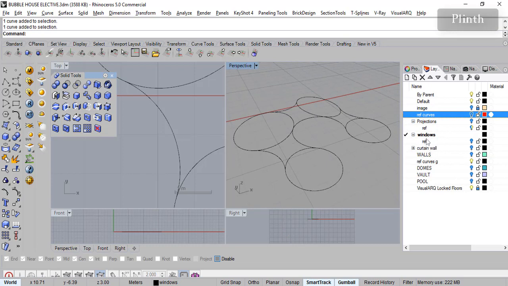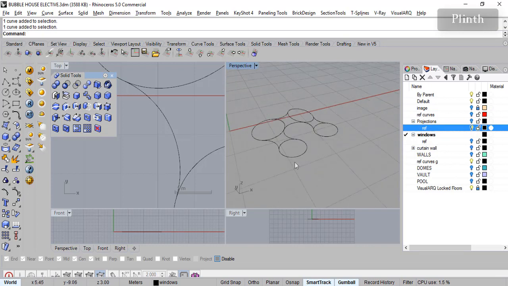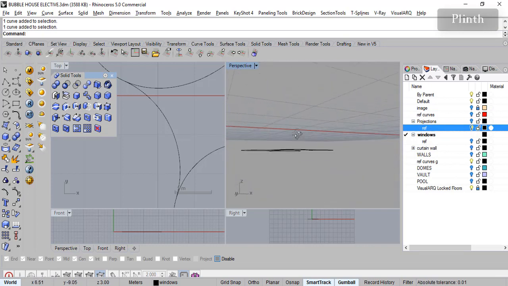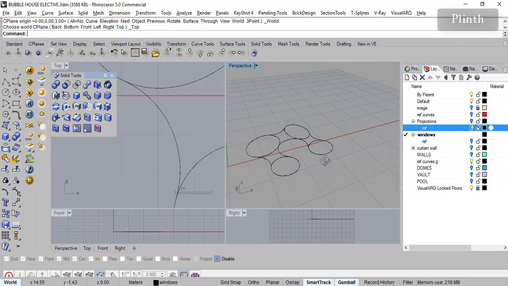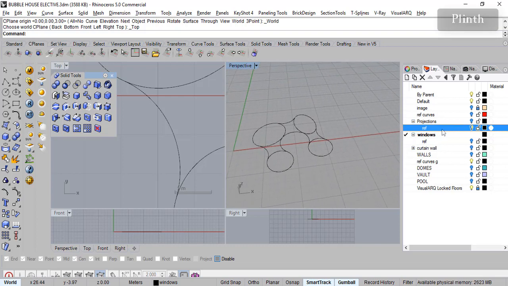We have a copy of it at a higher level in the projections layer. Let's see if we have it or not. We need to move the construction plane to ground first,